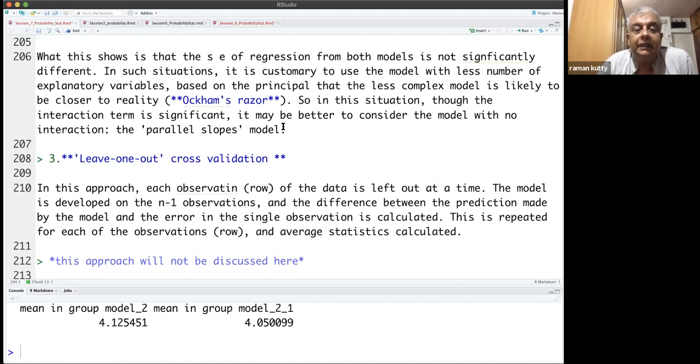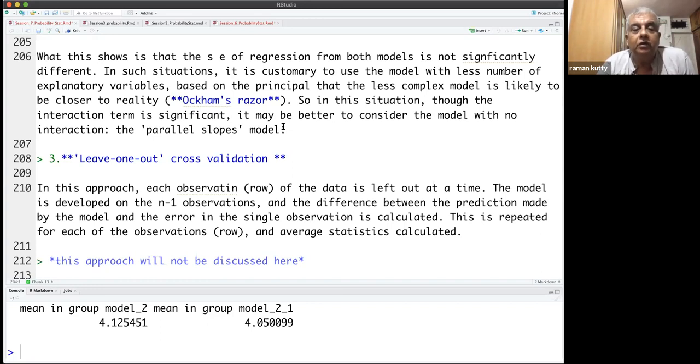So you have the mileage of the 93rd car which has been left out. Compare that with the RMSE which is developed from the 92 cars. So you do that for the 93 cars. So you develop 93 models and compare each one with the rest.